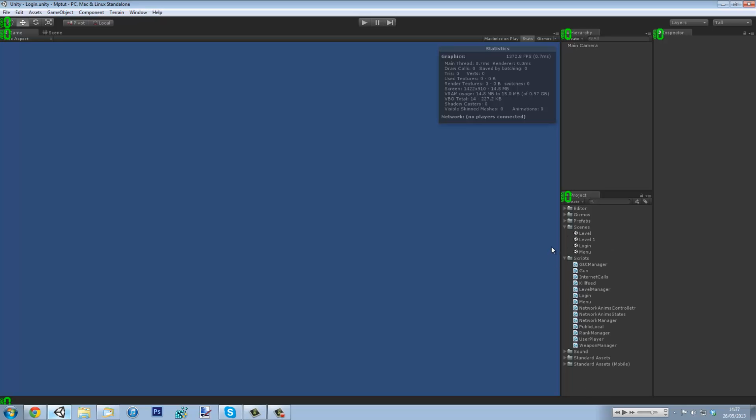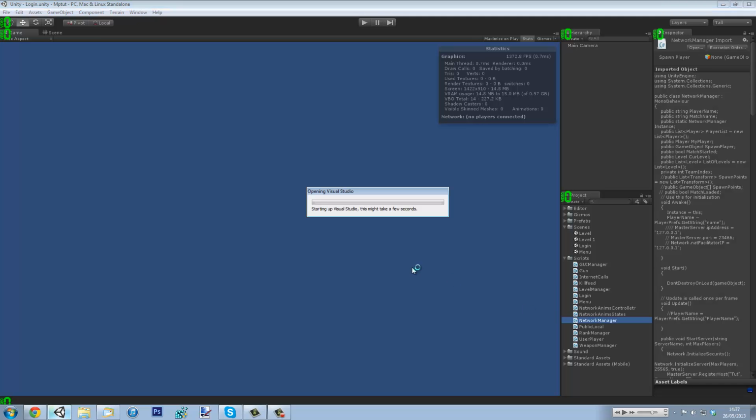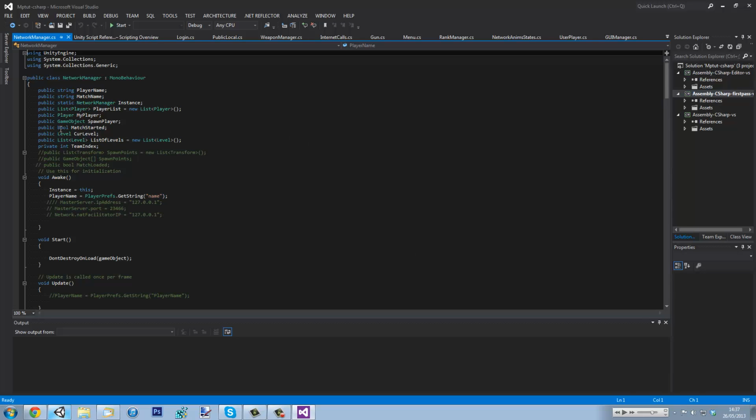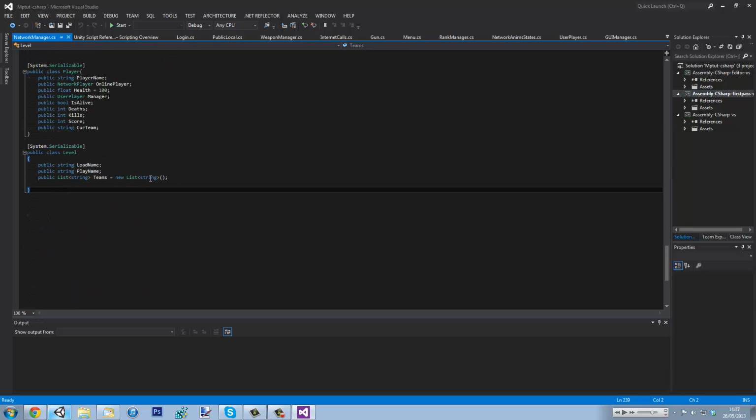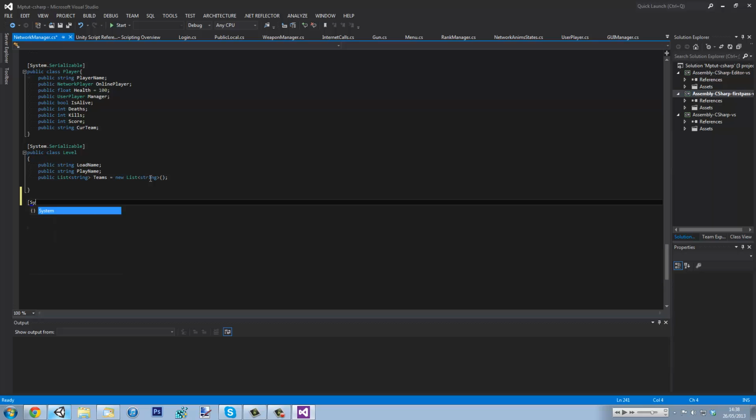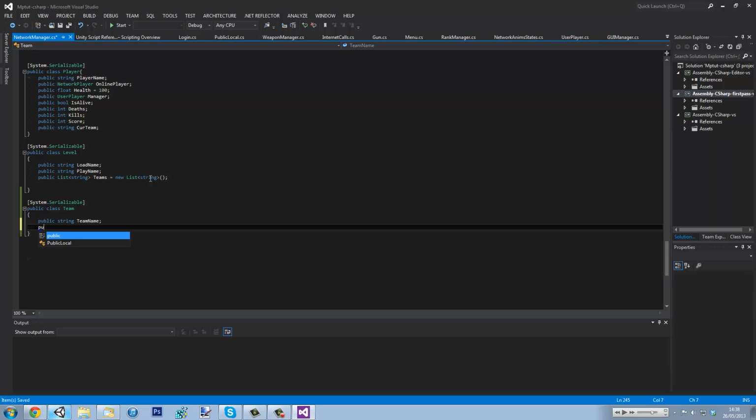Showing you each team has their own separate character model. So, we want to open up Network Manager and go down to the bottom, and you need to create a new class. System.Serializable, public class Team. Now we're going to go public string team name, public